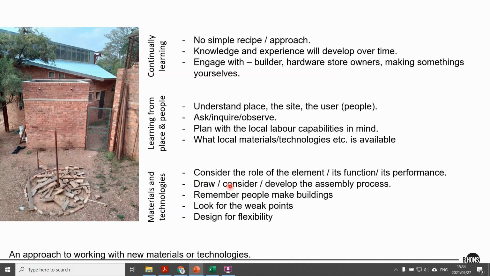Then we spoke about this already in the lecture, try and draw, conceptualize, or develop the assembly process. Think about how it gets done. Don't just draw the final product and say, well, I don't know, it'll be done. Ask yourself, okay, if I were to do this, how do I get there? Something I often do when I draw a section, I often draw a detailed 1 in 20 section from the foundation upwards. Even though by then I've understood the whole structure, I like drawing it that way because it's part of thinking through the process of making it.